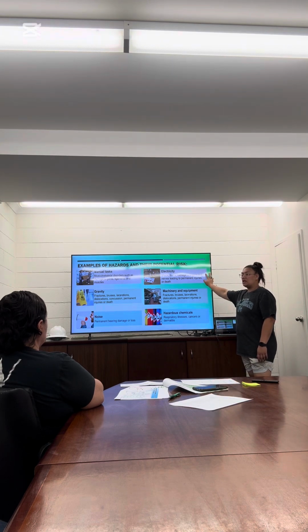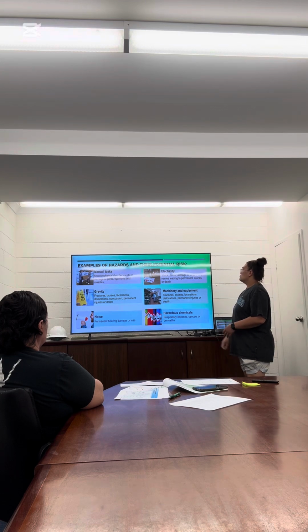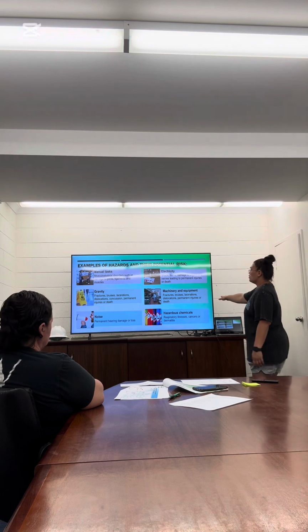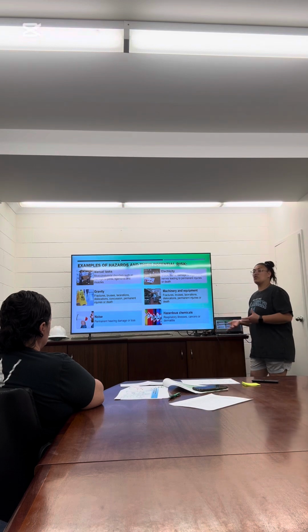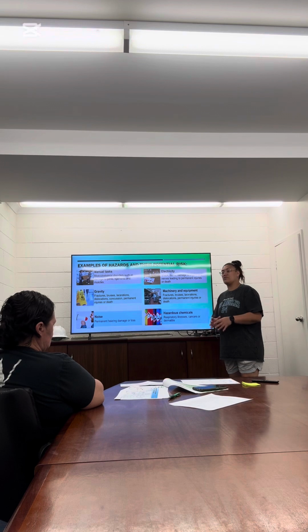If you are struck by any live wires, electricity, you get shock, burns, damage to organs, again, injury or death. Machinery and equipment: if you get stuck in between the machines, permanent injuries or death. So a lot of these common hazards could have a high potential risk if they are not controlled